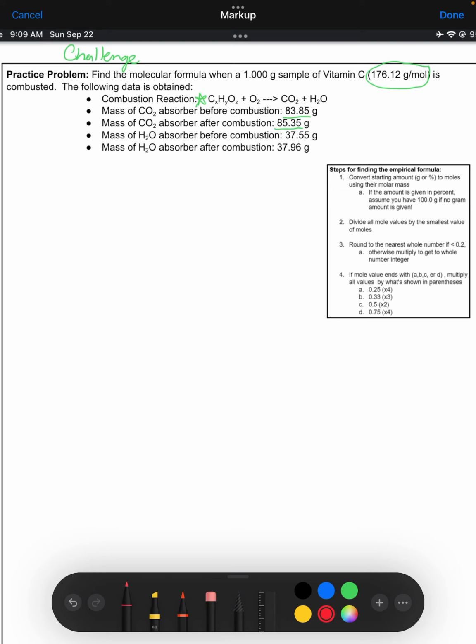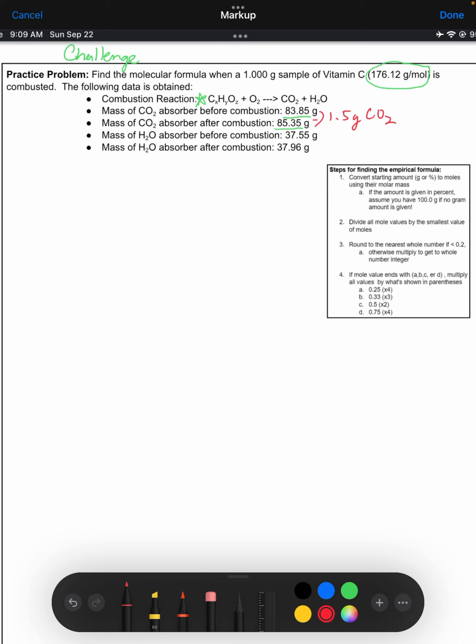So basically what that's telling you with its mass difference is that if we subtract those values, we can find out the mass of carbon dioxide that came from that reaction. So if we subtract 83.85 from 85.35, we get that there is 1.5 grams of CO2 that formed in that